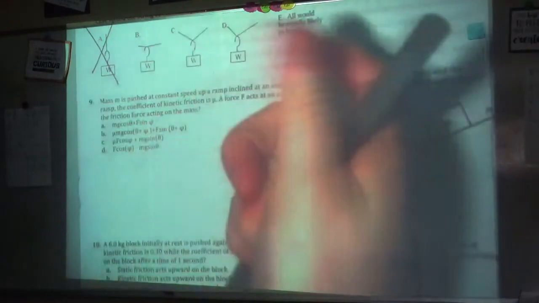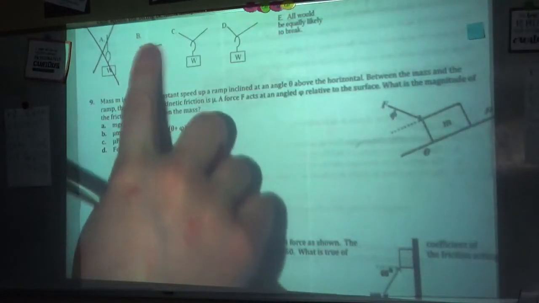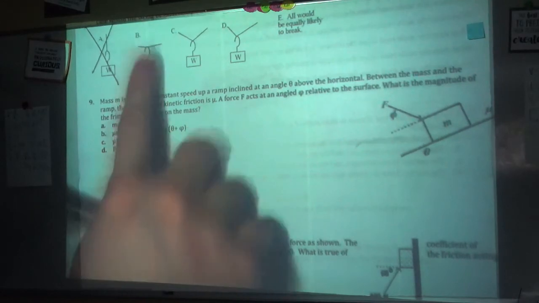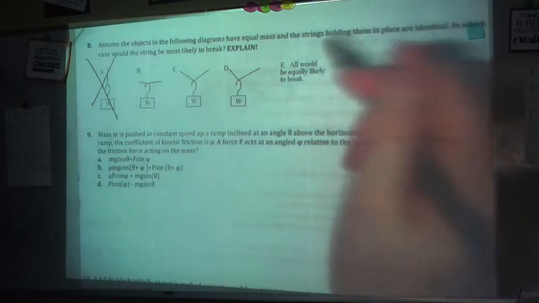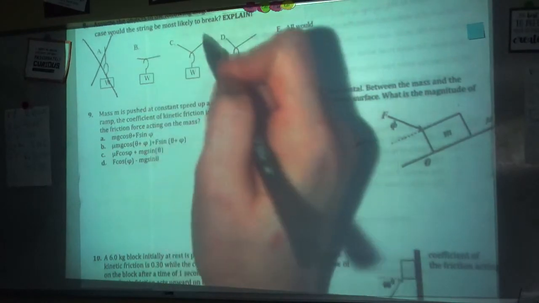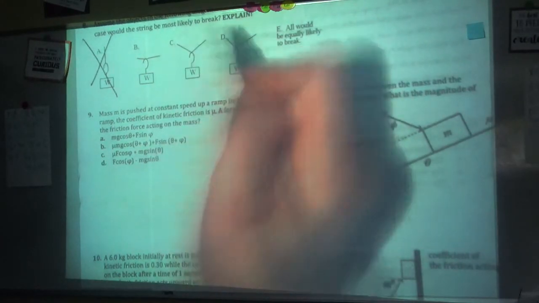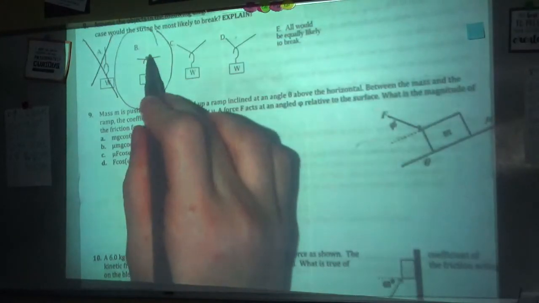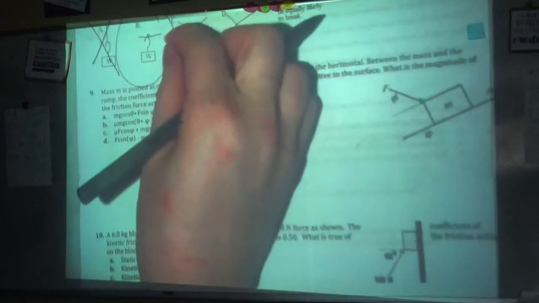So if we think about it, they all have to have the same Y component up because it's holding up the same weight. The net force for everybody is going to be 0 because it says it's just hanging there. They're holding them in place. And because you have this weight force down, that means that each of these have the same weight force up from their tensions. So the answer is B, because if this has the same force up as the other ones, that means it must be